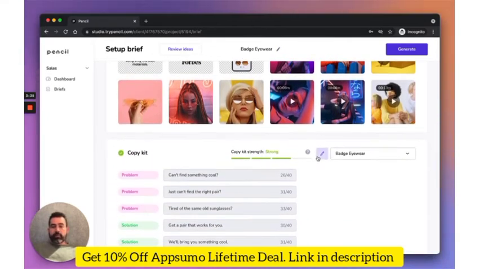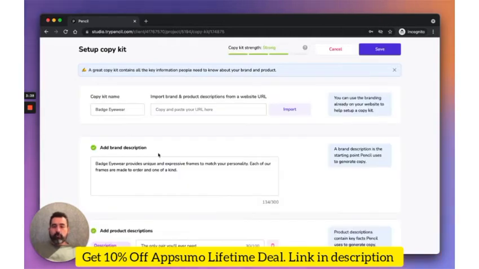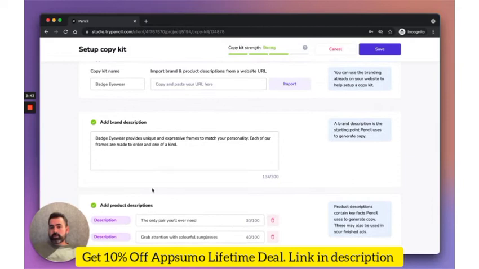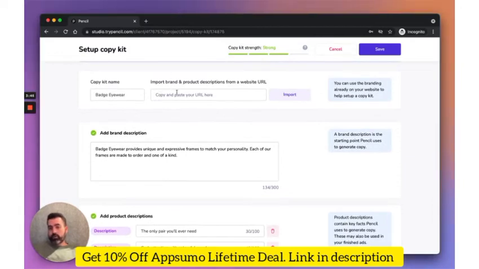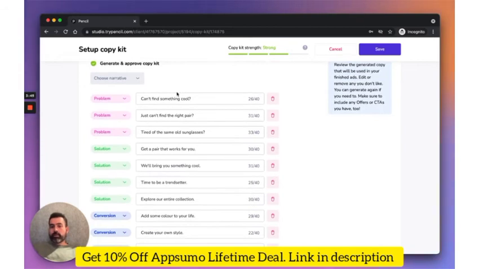Now, the final step in my brief is to generate some copy, and this is particularly cool. So Pencil will take a brand description from you and some product descriptions. You can also put in your website URL and we'll pull that from your website, and it will generate advertising copy to go into your ads automatically. And it does this in the form of narratives. So you can choose a narrative type. Here we've chosen problem, solution, conversion, and Pencil will write copy almost like a story that will go into your